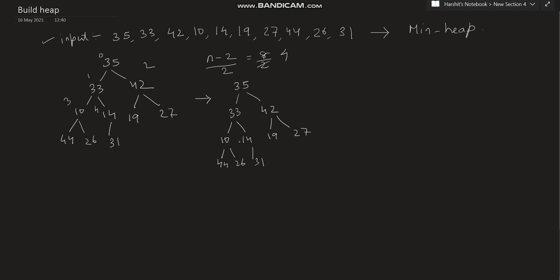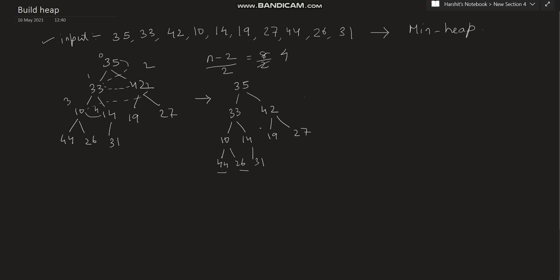Now after that we will be performing min heapify on node 10. In a spiral form we are going to perform heapify on all the nodes. Now we need to compare 10 with the left child value and the right child value and move in a smaller direction. On comparing 10 with 44 and 26, 10 is the smallest value. So no swap operation will be performed in this case. It will remain as it is. So again the same tree will be formed on performing heapify on node 10.